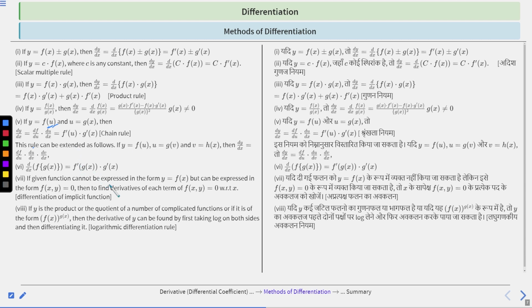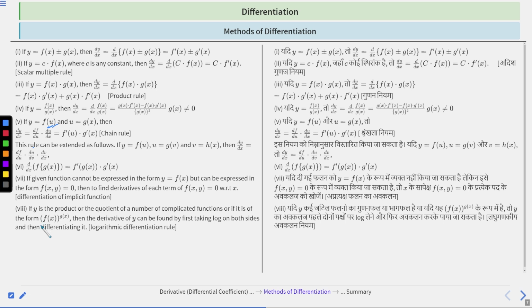If the given function cannot be expressed in the form y equal to f of x, but can be expressed in the form f of x, y equal to 0, then to find the derivative, we differentiate each term of f of x, y equal to 0 with respect to x. It is called differentiation of implicit function, right? We will take the derivative of f of x, y on both sides. Clear? Next point is